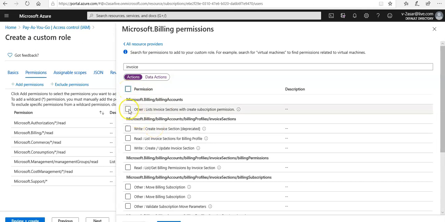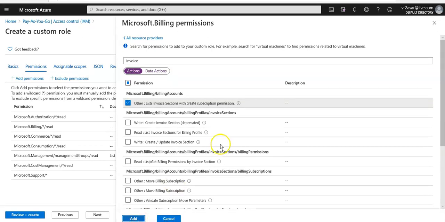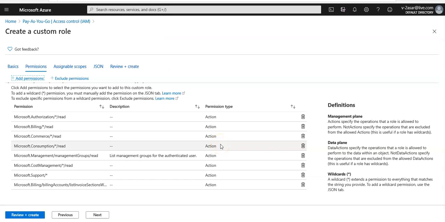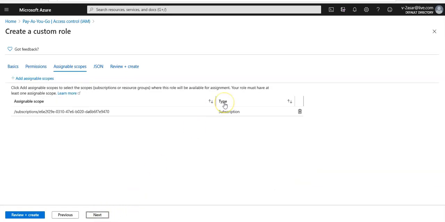So let me say Microsoft billing. I select this, I select add, I added this permission, and let's say I don't want this user to open a support ticket, so I'm going to cancel this permission. Right, I'm going to click on next, and here it says what would be the